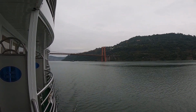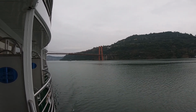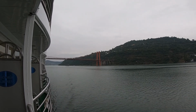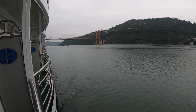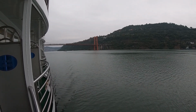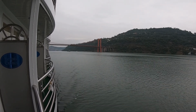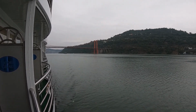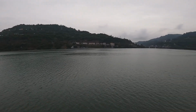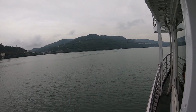So this is the final real day of the cruise, because tomorrow you just have breakfast and they just sort of kick you out. So we're actually travelling all night, not noisy or anything. All you can hear is the waves kind of lapping against the boat, but kind of quite therapeutic and it's quite samey, so it wasn't annoying at all. I've just been for breakfast, George just had a little lie-in, and this is our view this morning. So we're going to go on to a place called Fengdu, and then we'll go off to see the Jade